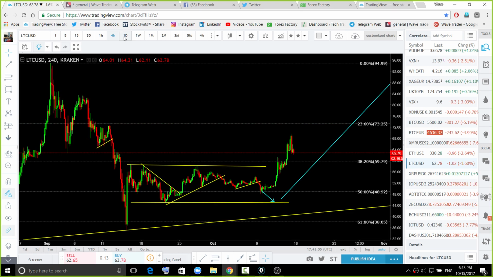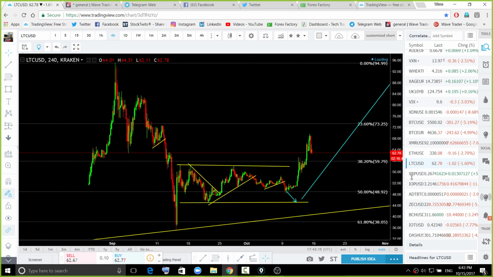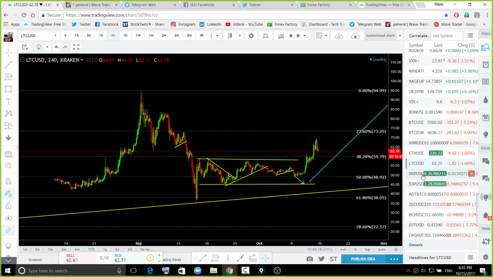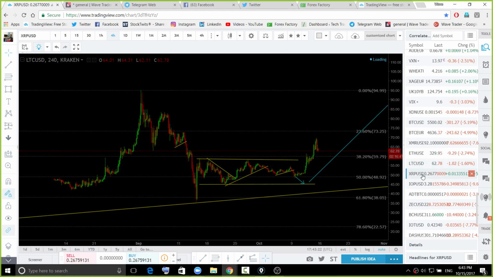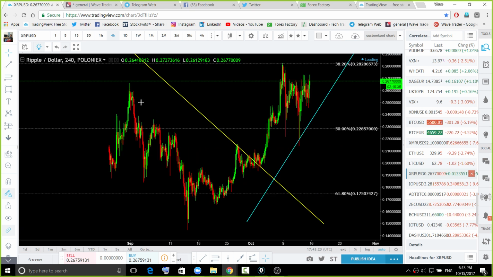Litecoin, what I was showing you last week: breakout and test at this area and then up. I hope you fellas caught it. I didn't update that chart, but it is just going to continue for the upside. Litecoin, I don't see currently anything over there. And Ripple, just keep buying close to the bottom.